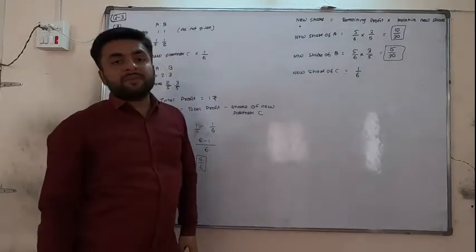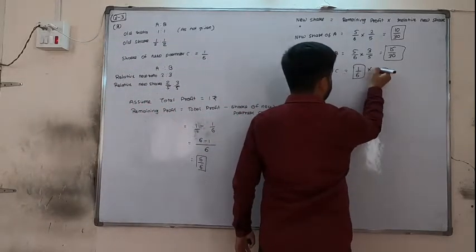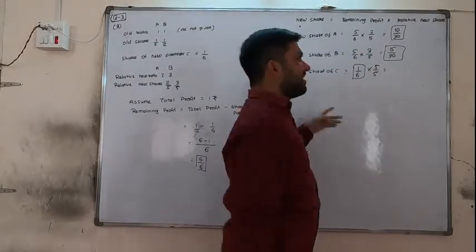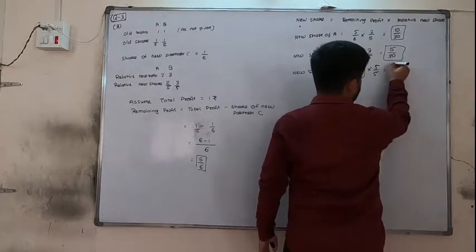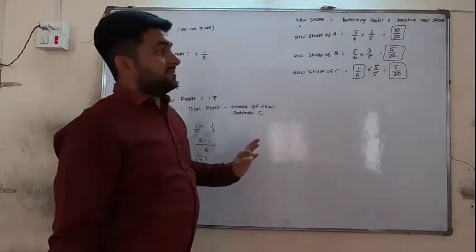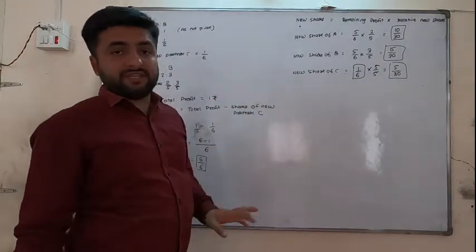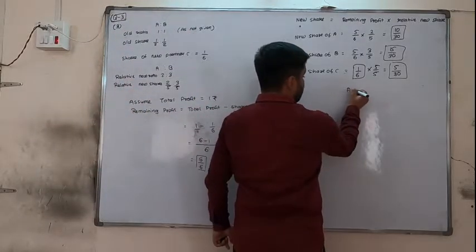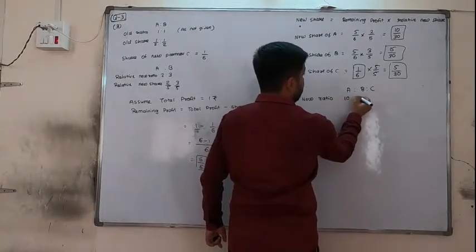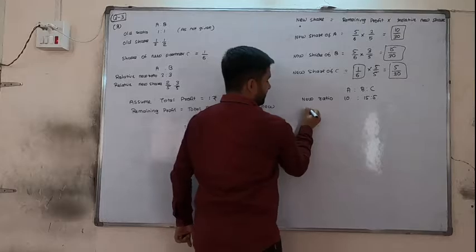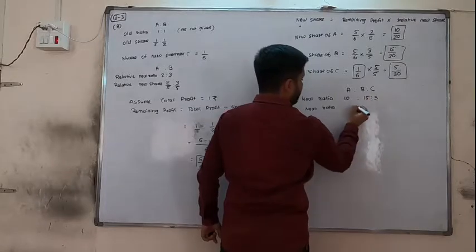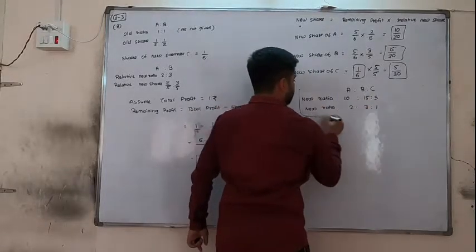Now to make the denominators equal, we will multiply it by 5 by 5. Directly it was also possible, if we cut 5 then all denominators are the same, but for all sums it is not possible. So I am writing like this. Now see, the terms are 10 is to 15 is to 5, and still cutting is possible. How will you write now? A is to B is to C, new ratio 10 is to 15 is to 5, and we will cut it by 5. Dividing all the terms by 5, we get 2 is to 3 is to 1.